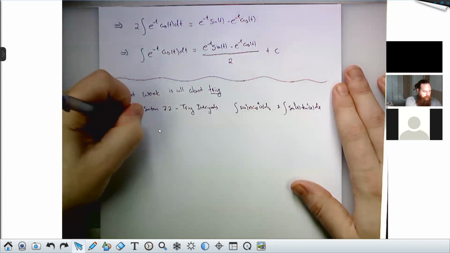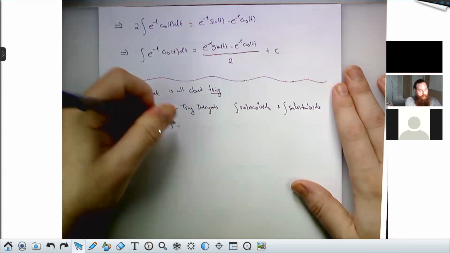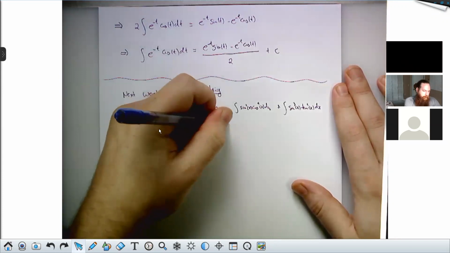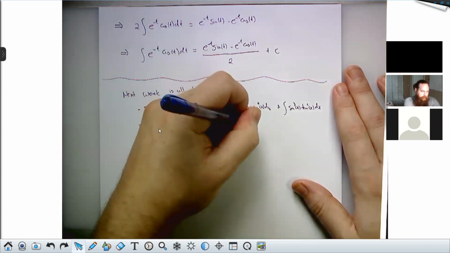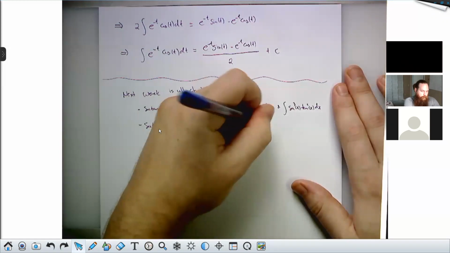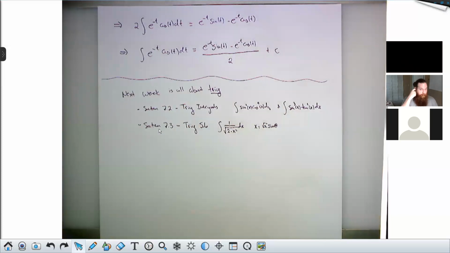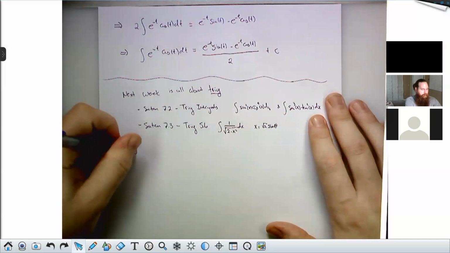And the other section we're going to cover next week is 7.3 on trig sub. So that'll be doing integrals like 1 over the square root of 2 minus x squared dx by subbing something like x equals the square root of 2 times sine theta. Both of which are going to require a lot of fluidity with trig. In particular, you need to know your trig identities. The critical identities for next week